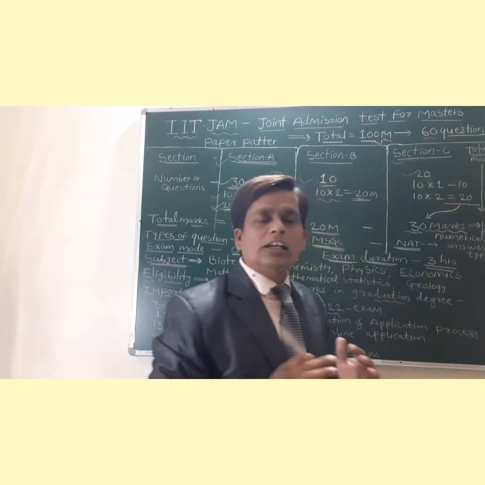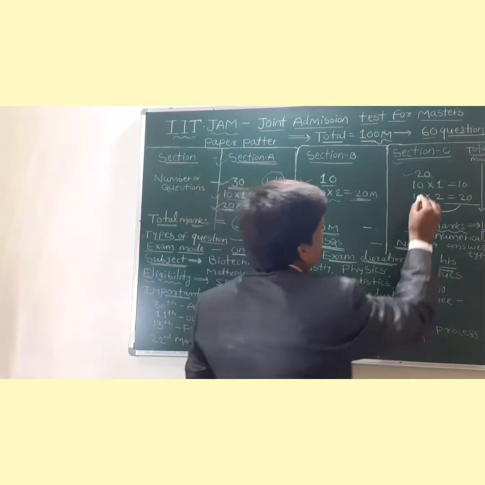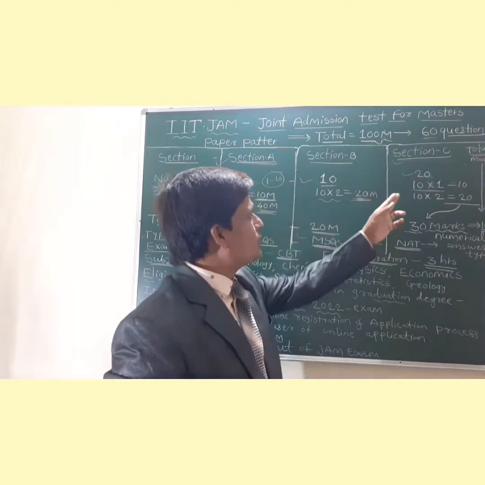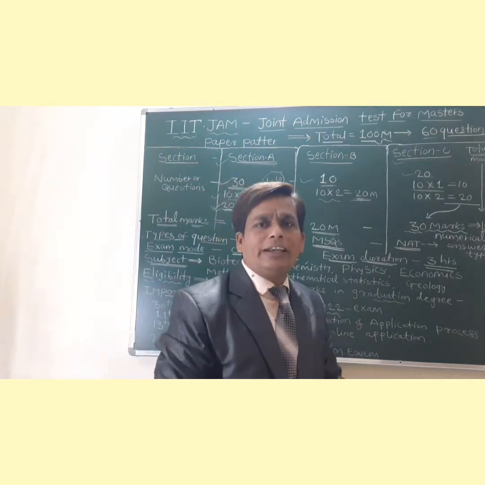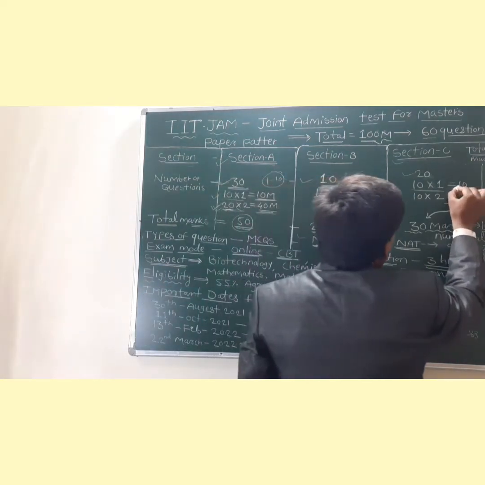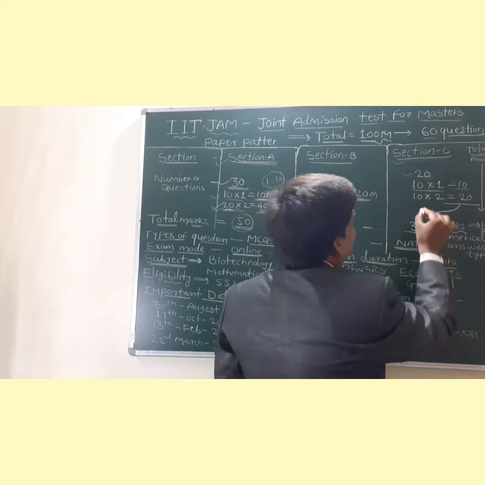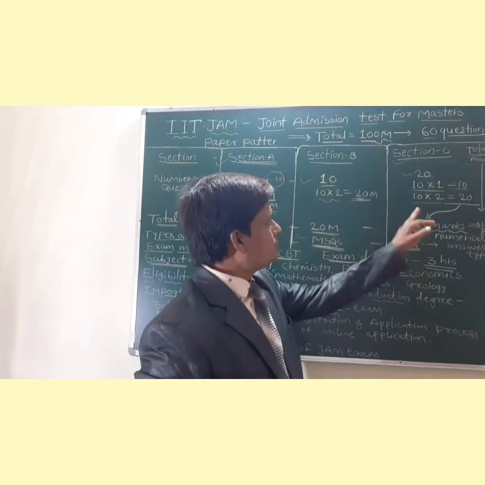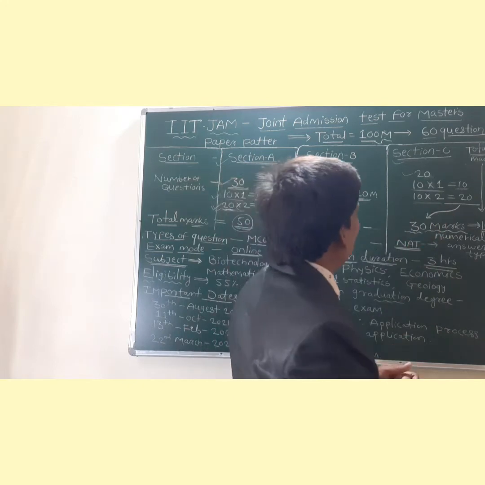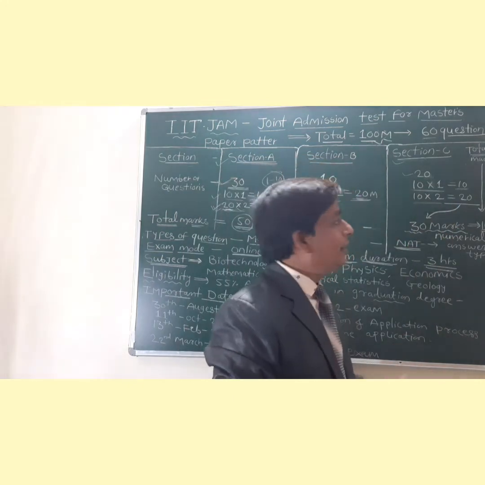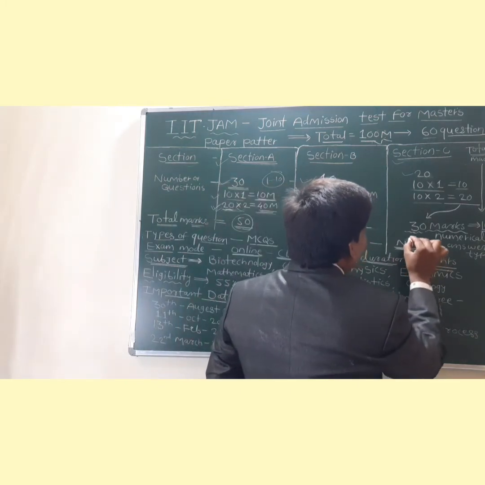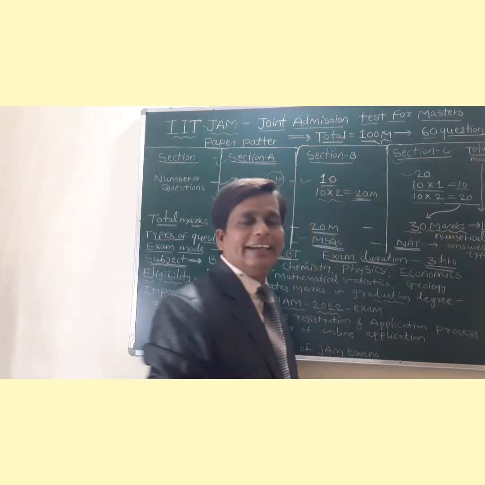In those 20 questions, the first 10 questions have 1 mark. Okay. In those 10 questions, the difficulty level is somewhat easy. So total 10 marks for 10 questions, and the remaining 10 questions carry 2 marks. So that means how many marks is it? 20 marks. Okay. And this is the NAT, means what? Numerical answer type questions, NAT.